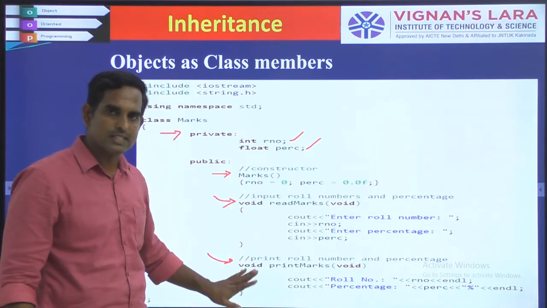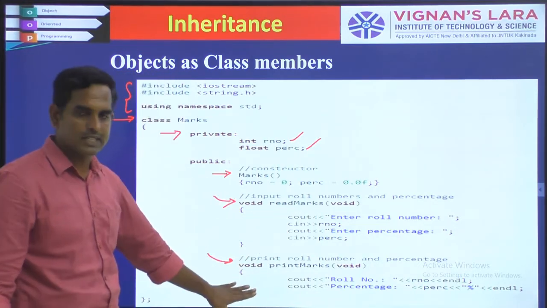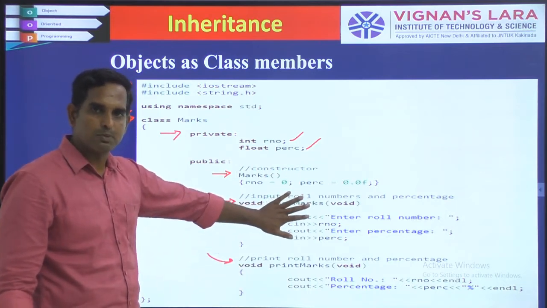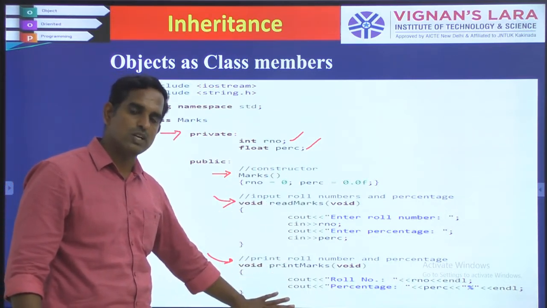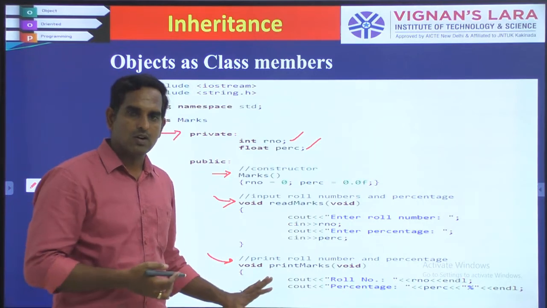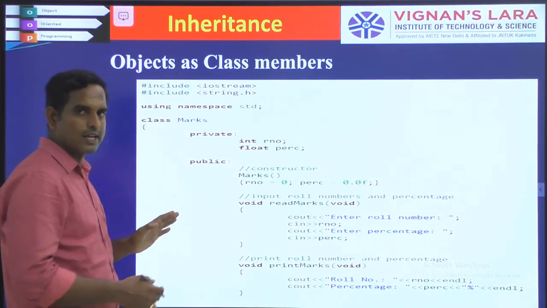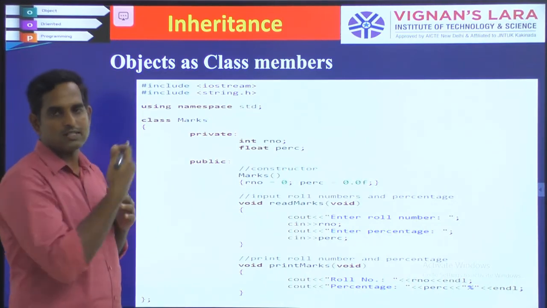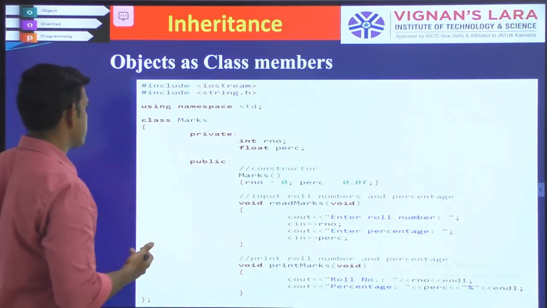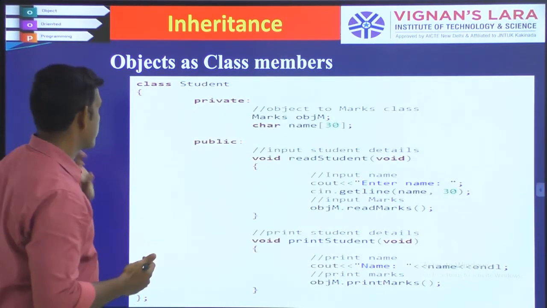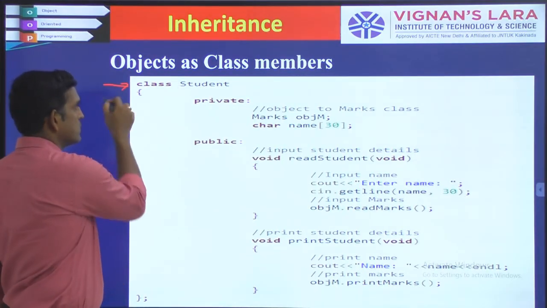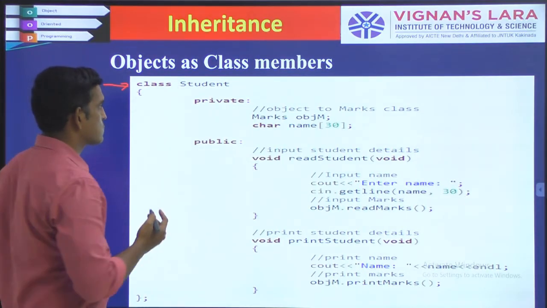This is the set method and this is the get method. This will take the input of your roll number and percentage, and this will print the roll number and percentage. So this is the marks class. Okay, whether you can have this marks class objects in another class. So I have to create the second class, that is student class. Inside the student class,